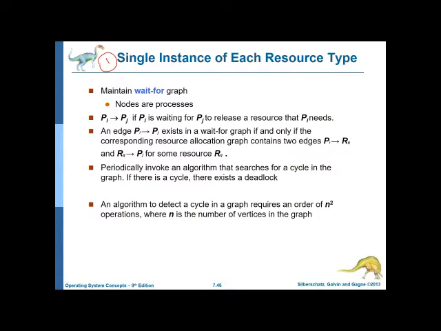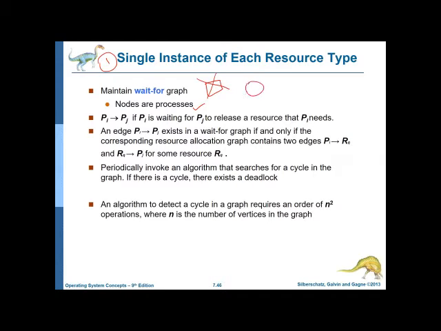What we do here is something known as a wait-for graph. That is, we are modifying the resource allocation graph and calling it a wait-for graph. If all the resources have only single instances, then to define a deadlock detection algorithm, we use a wait-for graph. What is this wait-for graph? It is actually a resource allocation graph itself. The only thing is we remove the resources. We know that resources are represented by a box. We remove these resources and we only keep nodes known as processes.